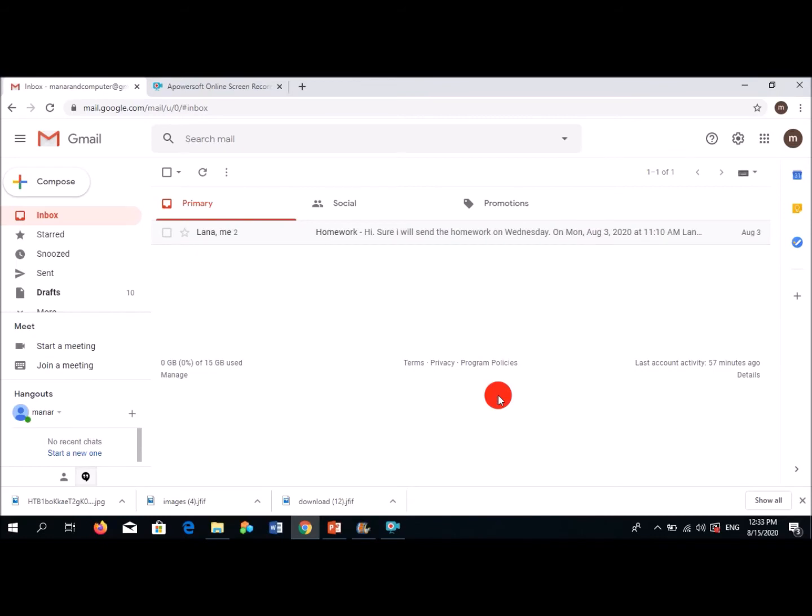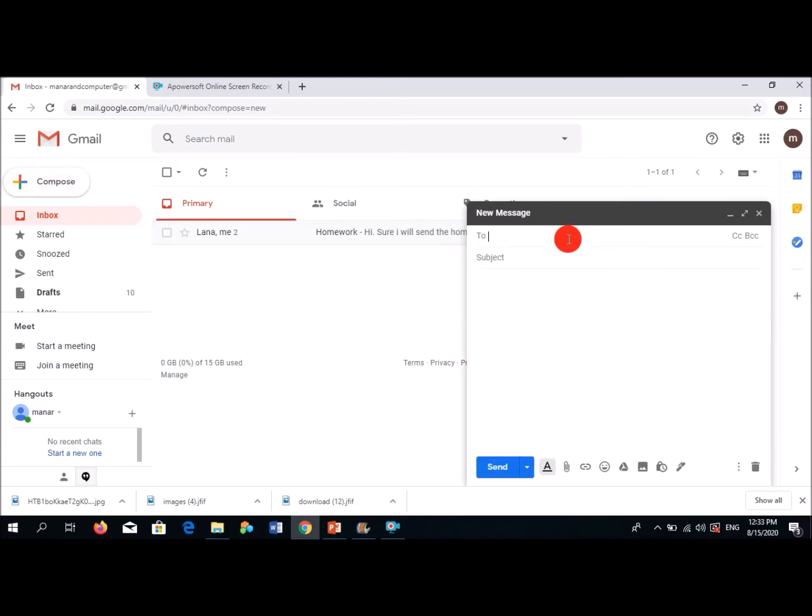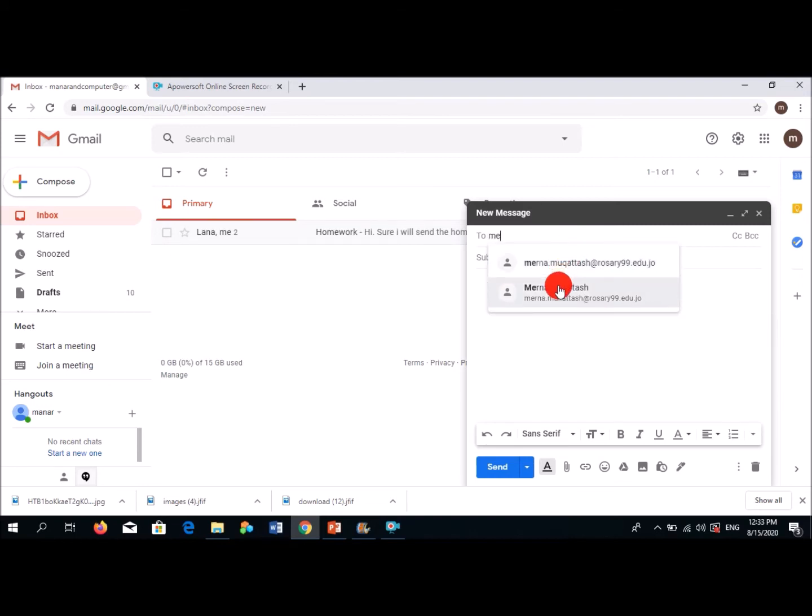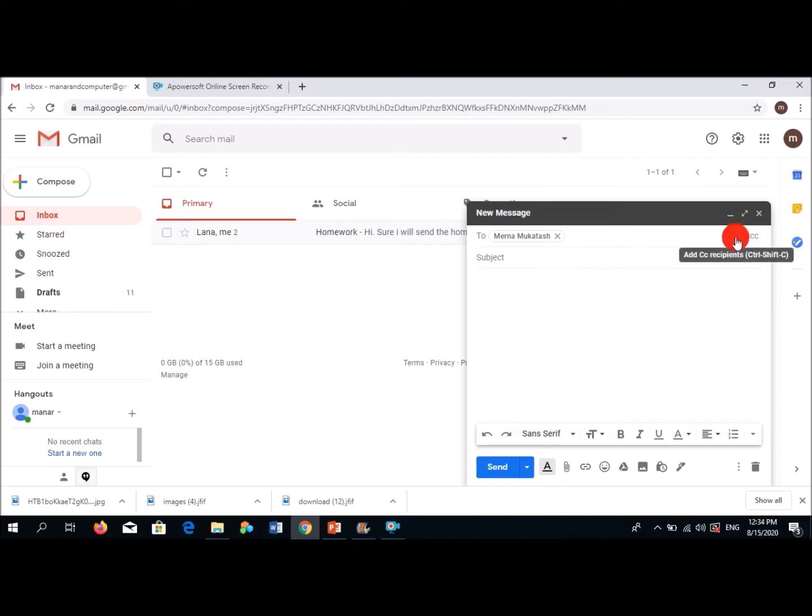Now in your case, you might want to send an email to your group members. Let's say you're working on a project and you want to compose an email and send that to your friends. At the same time, you want to show your teacher the same email just to let her know that this is going on. Or I want to send an email to Miss Mirna, let's say. At the same time, I want Miss Lina to know about this email, just to let her know. So I will CC Lina,